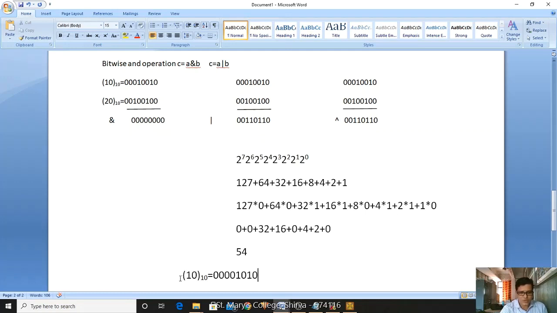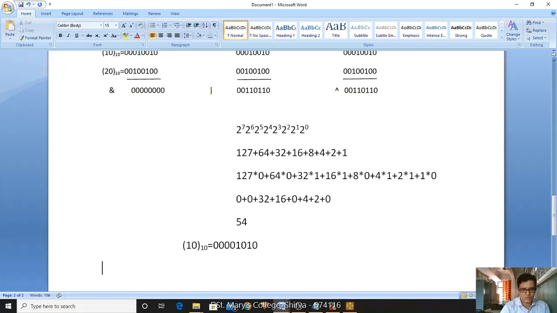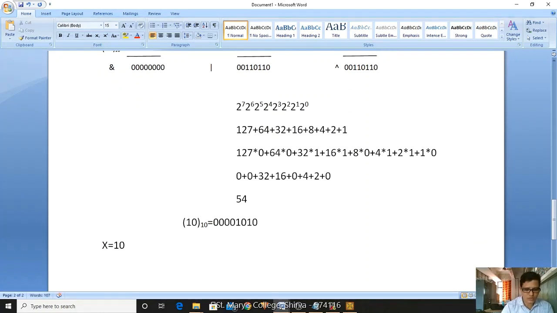If I'm considering the x value, let us say x is equal to 10. The binary notation of 10 is 4 zeros and 1 0 1 0. Now I am giving x left shift 2. 2 means you have to shift 2 bits. So if I shift these 2 bits, what happens? I am removing this, okay, and it will be added to the right-hand side.